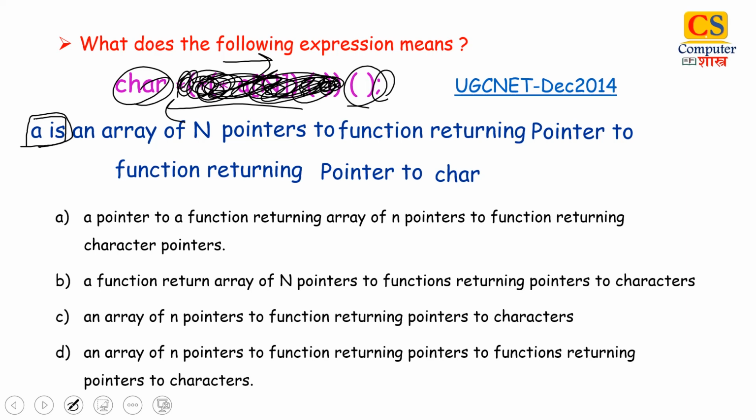Now if you notice all the options, you can see that this portion, A is, is missing from all options. So many times in the option we do not have variable name. So you can just omit this variable part. Now try to match the option. Now if you notice carefully, this statement will be matched with option D. So right answer for this question is option D.